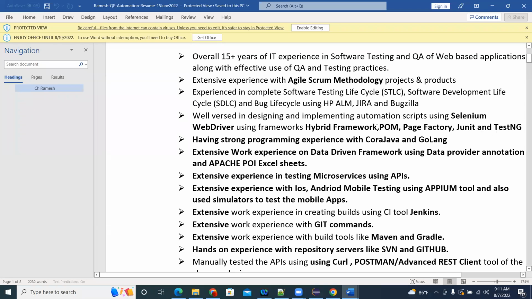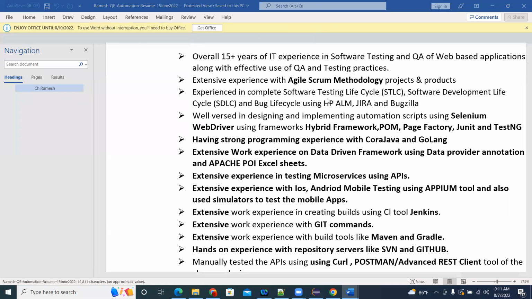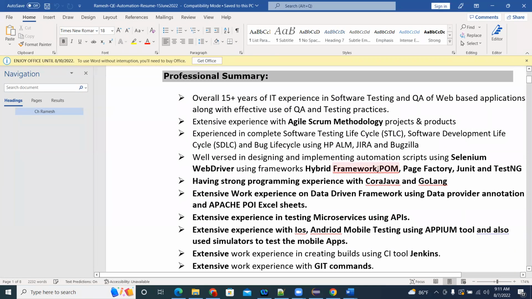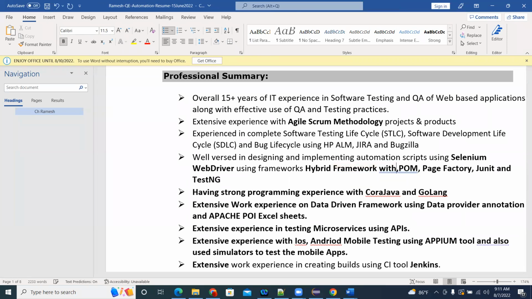So I can say here with POM, Page Factory, JUnit and TestNG. So that's the first point you have to include.